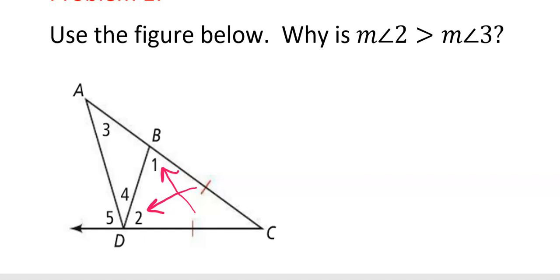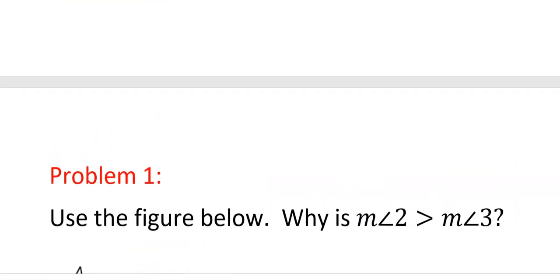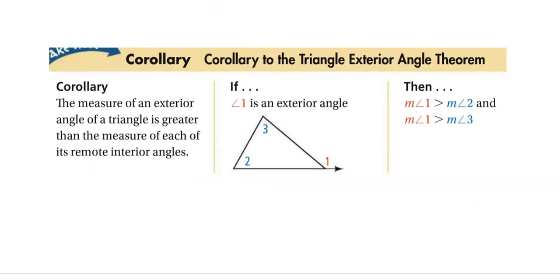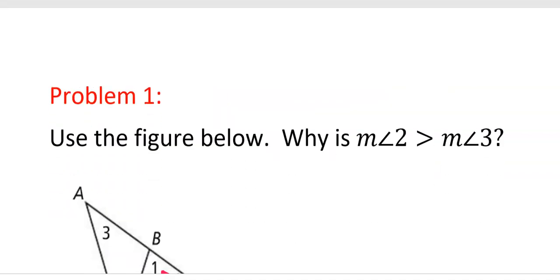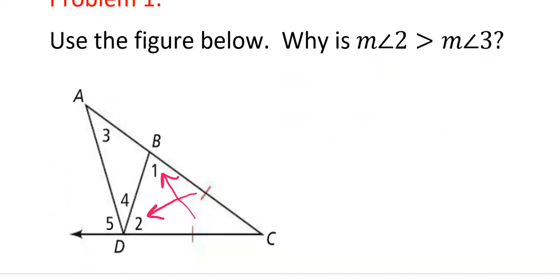So when we look at it, is 2 on the outside of the triangle that has 3 in it or the inside? Outside. So is the outside angle bigger or smaller than the inside? Bigger. So 2 has to be bigger than 3 because of that comparison that we just did. So when you look at this one, the one on the outside is bigger than the ones on the inside that are not touching it. Okay, so 2 is bigger than 3 because